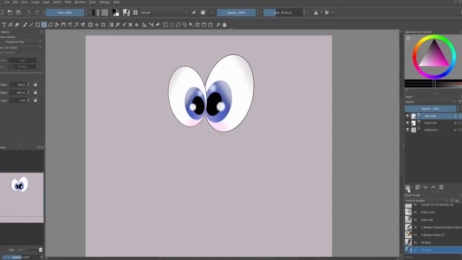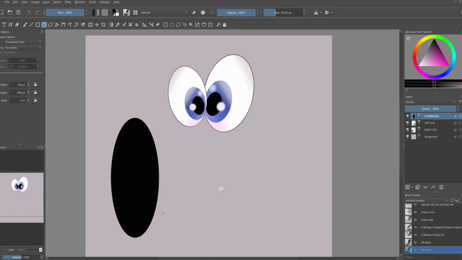We're going to first also, of course, create a new layer. Sorry, let's name it Eyebrows. Okay, so now we are on this new layer, we can create our shape. So let's create this long shape like that. And now we are going to use the selection tool, the elliptical selection tool. So click on it and create a nice big